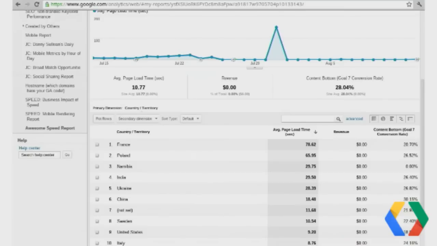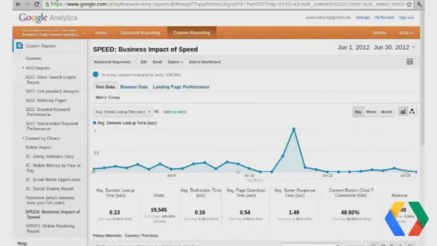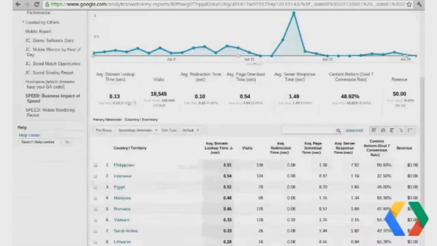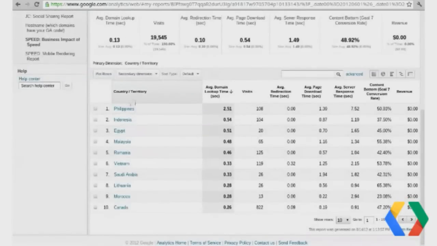Now I'm going to skip to a similar report here that's just maybe a little bit more advanced because I want to show you guys a few things. So I've got countries listed here in one column, and I've got a whole bunch of our different performance metrics like load time, domain lookup time, redirect time, and I've got a couple of conversions here. I've got revenue. The revenue is all zeros because I wanted to put revenue in there just to show you could, but I don't have any revenue configured on my blog.